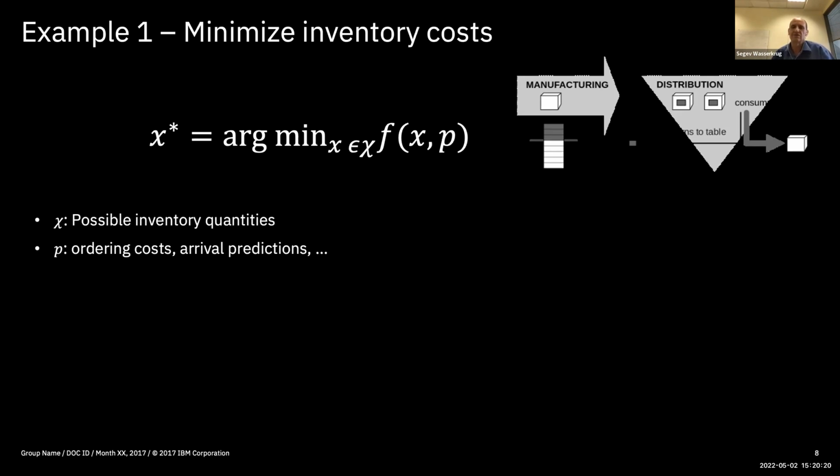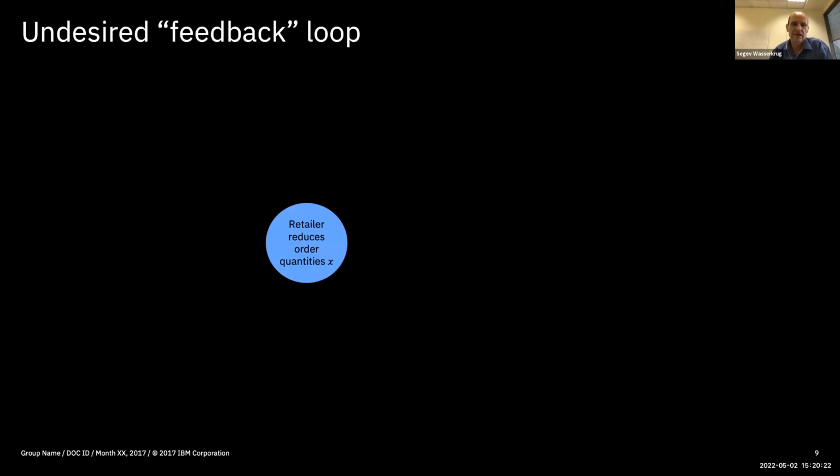But what could happen is we could get into this undesired feedback loop where the retailer hires us or someone else. They go through this problem of optimization. They get the optimal inventory quantities. And now they reduce what they need to order from their supplier. Then they expect to be very happy because we show them the model and we say, okay, now your cost will decrease from say $100,000 to $50,000 or something like that, or $100,000 to $80,000.